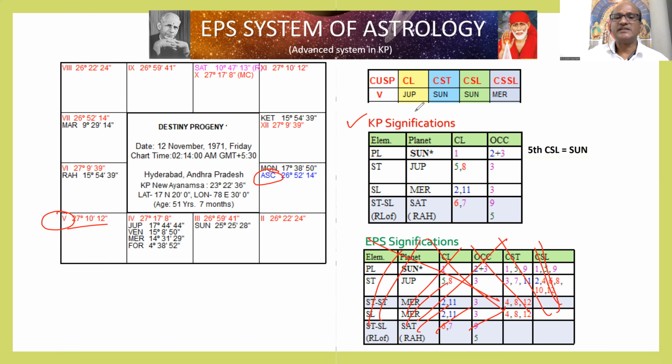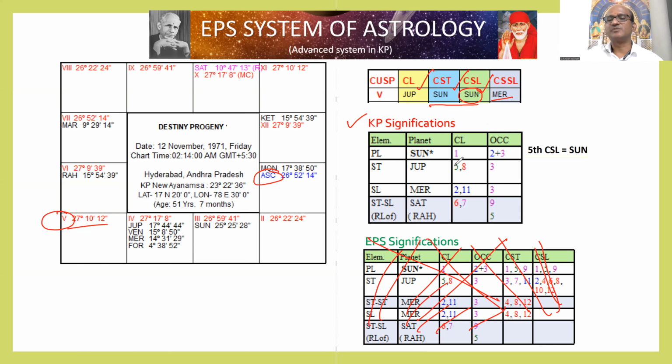So that is ruled by Jupiter, the cuspal lord, in the nakshatra of Sun and the sub lord also Sun. The sub-sublord is Mercury. So we need not bother about the cuspal sub-sublord because that will vary within the sectors. Let us focus on the CSL and star lord only. Now, who is the fifth cuspal sublord? It is Sun. What we'll do, we'll check the fifth lord, that is Jupiter, how the karaka planet is posted, and also we'll check what the sublord of the fifth house is having in its hand. What is the destiny, right?